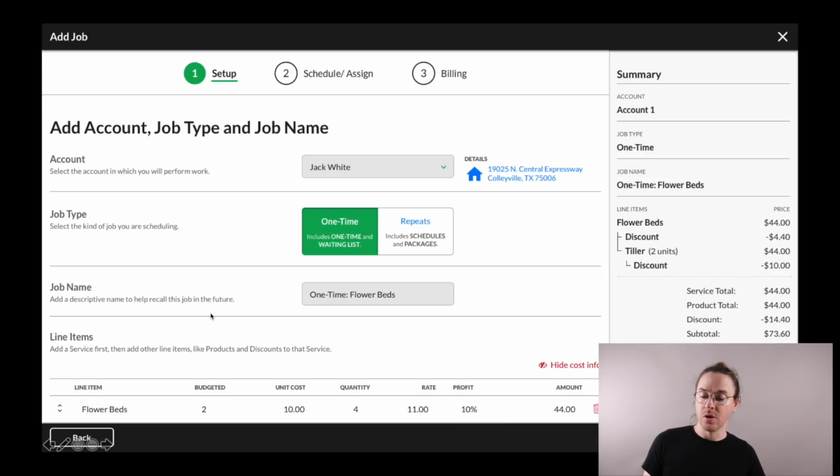There's a new function here called job name, and this is really cool. Currently, this only exists on work orders, and we really wanted to pull it forward onto every single job type. And so you can now give each job their own unique name. The idea here is that